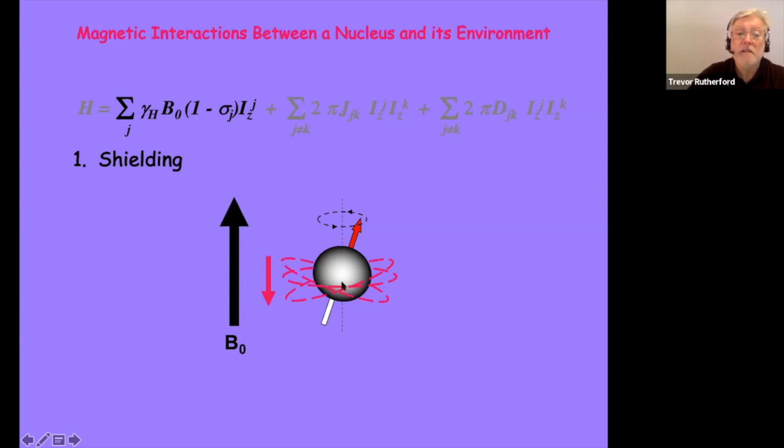Always these, the valence electrons will be generating a magnetic field that opposes. So we talk about this idea of shielding, where the nucleus is shielded from the external magnetic field by this local field generated by the circulating electrons. So that's what we're referring to as shielding. What it means is that the effective field that is seen at the nucleus